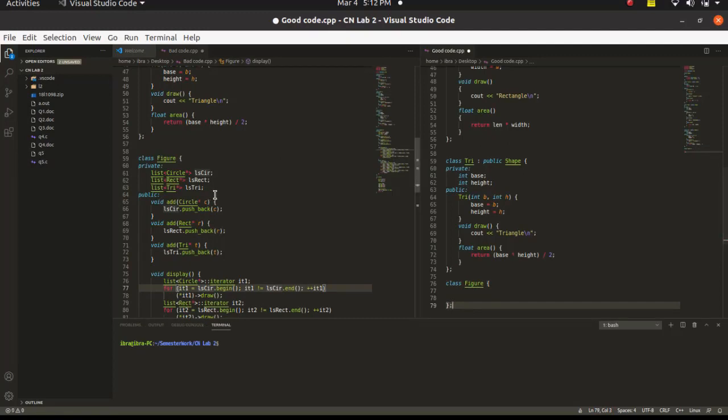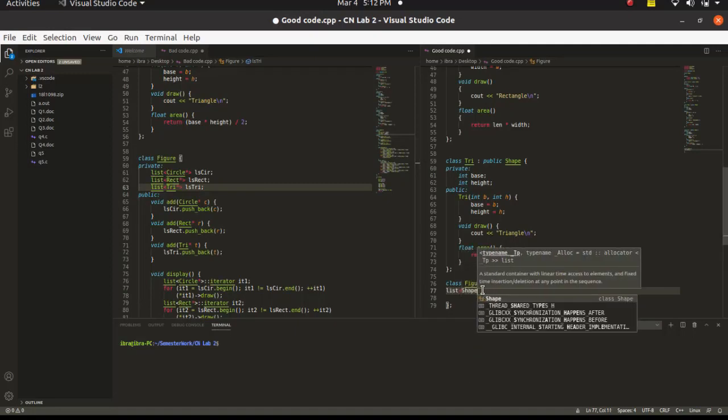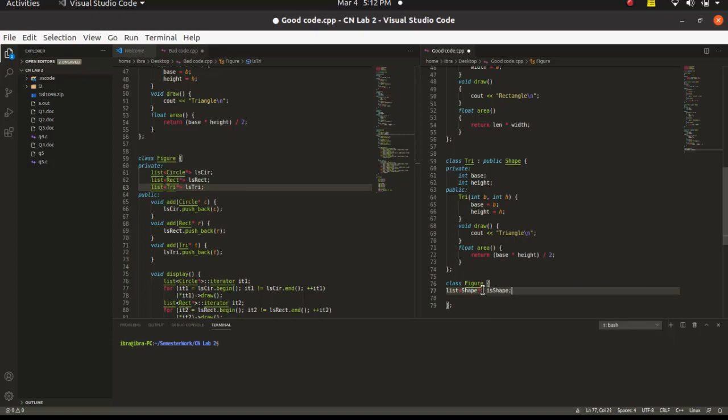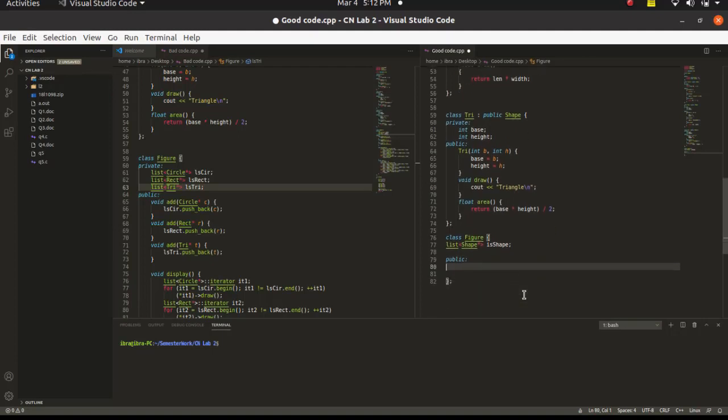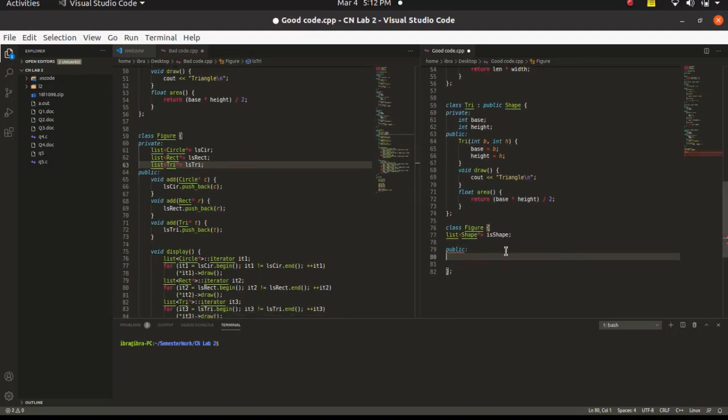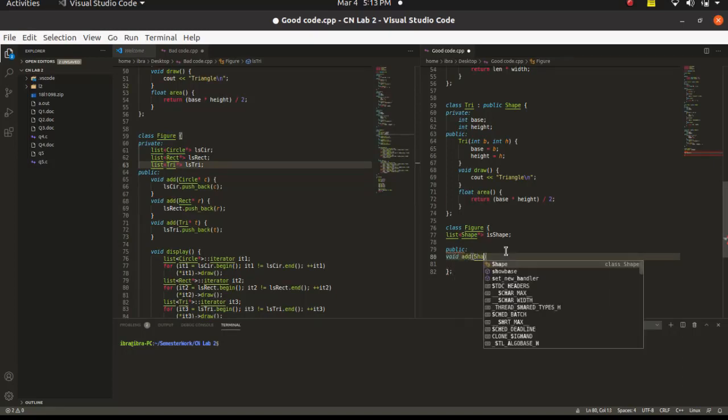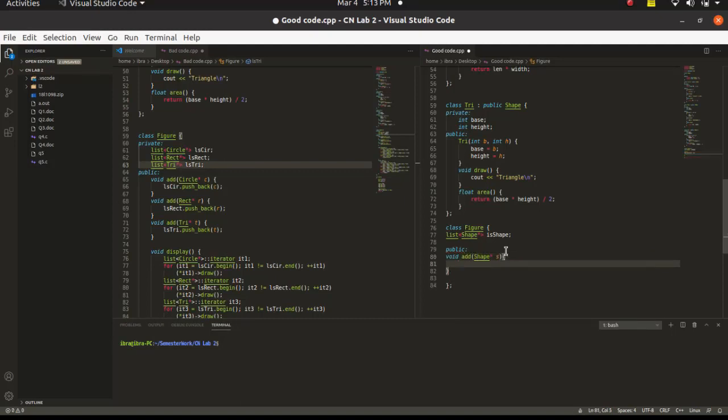Now instead of having a list for each of these classes, we will just have a common linked list of Shape class. Using just one linked list, we will be able to make use of each of these classes through polymorphism. List of Shape star is shape, right? And now we have our public functions. We have an add function. We will be just adding the Shape pointer to the Shape list. Void add Shape star s, and we have shapes dot push_back